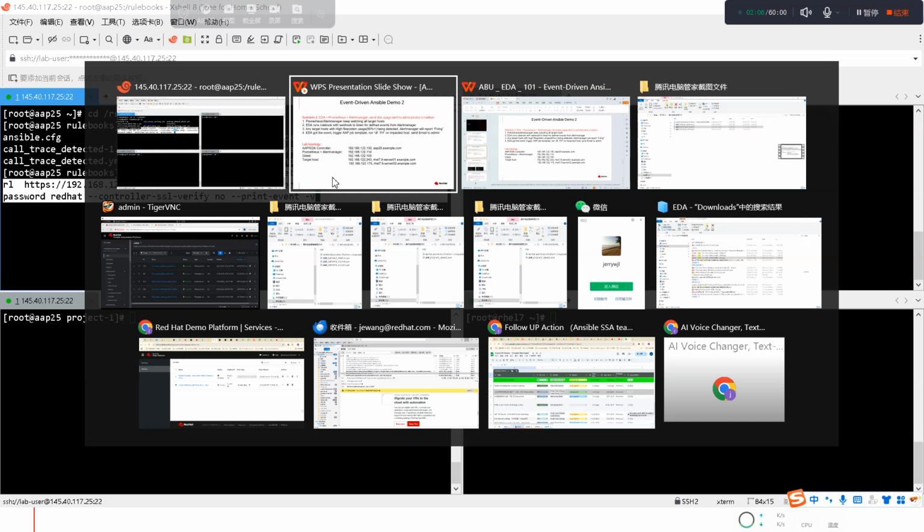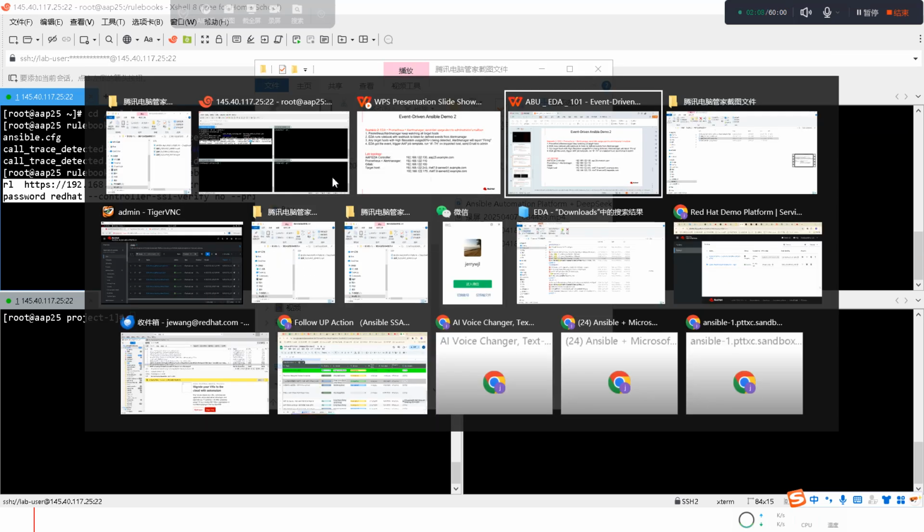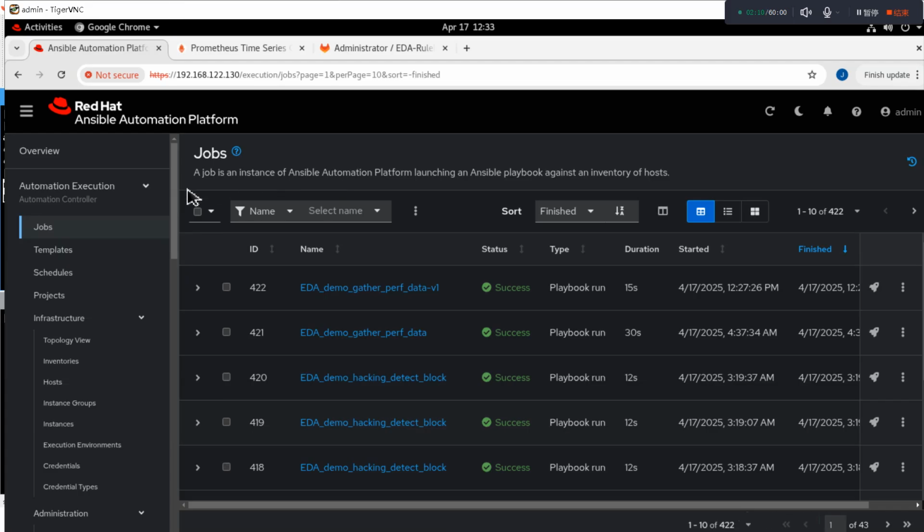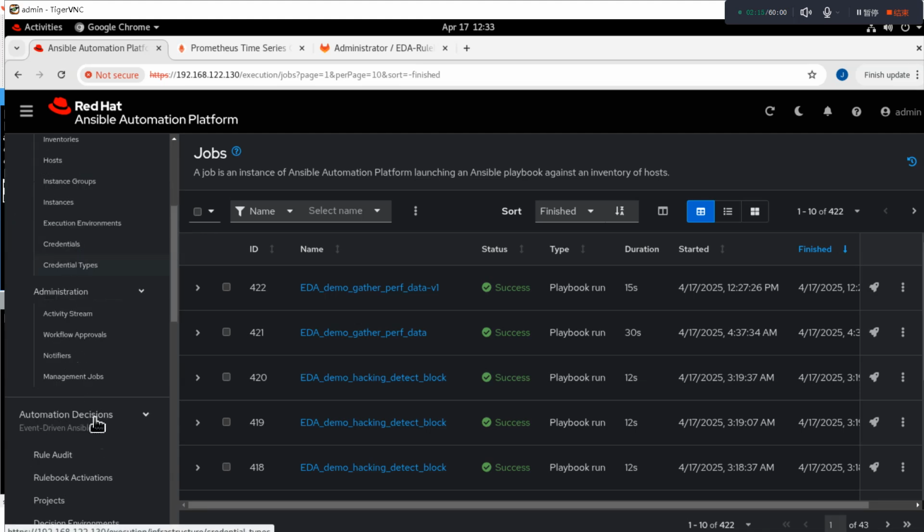Okay, so let's go to the AAP controller UI, and we go to the automation decision part and go to